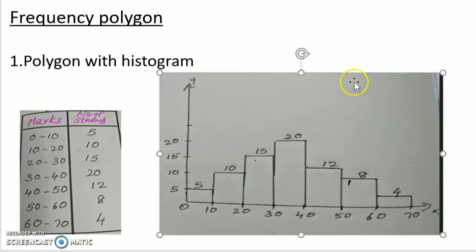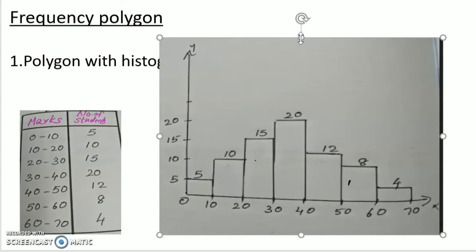Okay, this was the diagram, and what we have to do is first of all find out all the midpoints of these bars. Okay, these are the midpoints of all bars. It's a very easy method, and after that we have to join all the points from 5 to 10 and 10 to 15 and from 15 to 20 and from 20 to 12, like this. We have to draw all the points as straight line. Don't draw freehand. You have to draw this with a scale only. Okay, first we have to draw like this. It should be a straight line. Let me draw this with a scale. Okay,